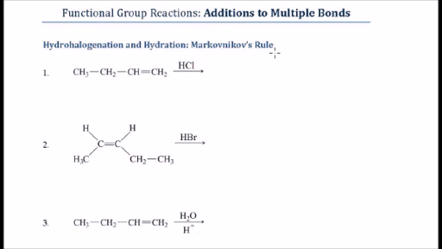And we're going to add the hydrogen to the richest carbon. Okay, so let me write that down. Okay, H to the richest carbon. And that means the other thing is going to add to the other carbon, obviously. So let's take a look here. We have in our first example, 1, 2, 3, 4, we have butene. There's a double bond, so